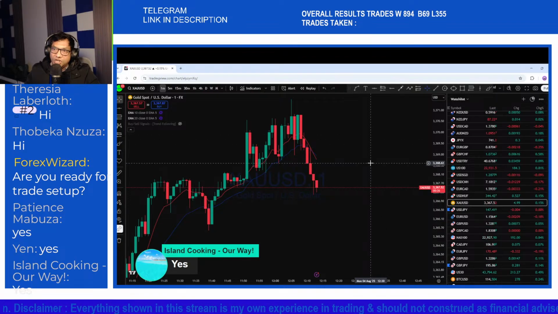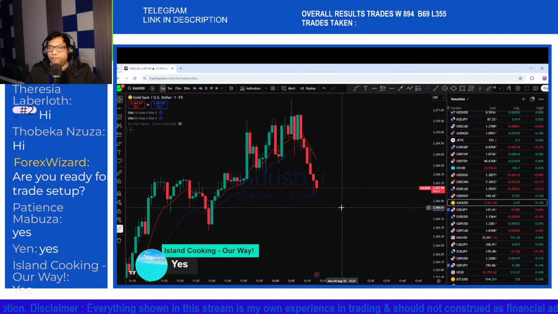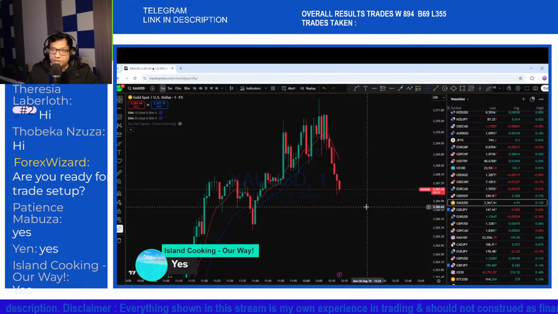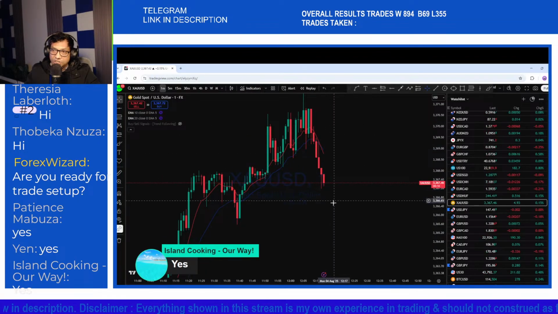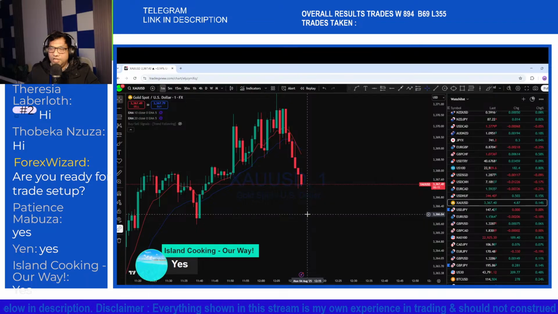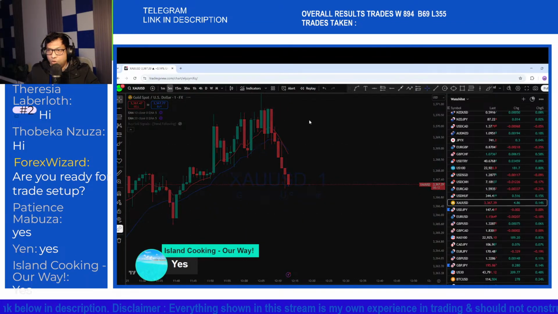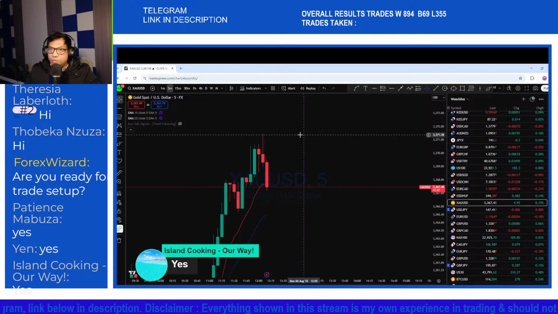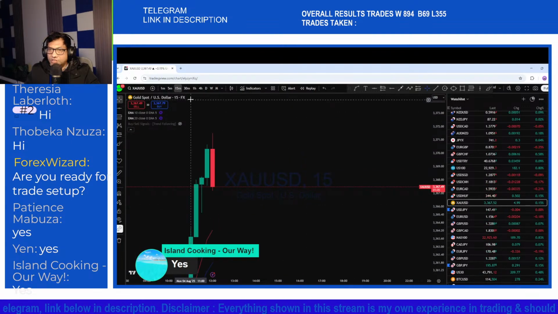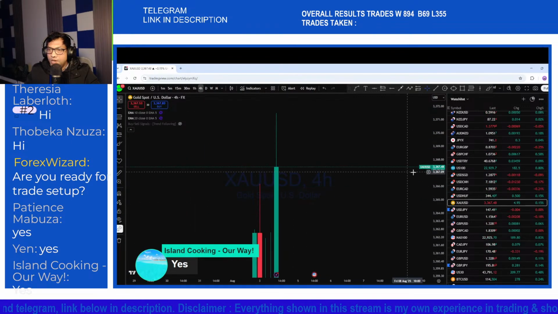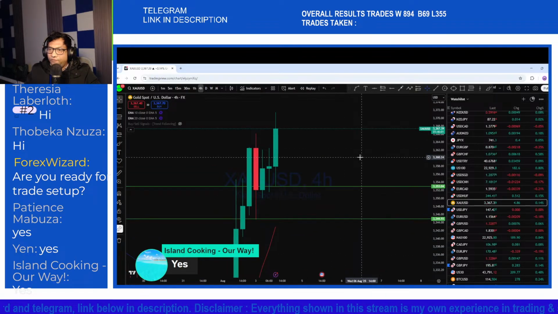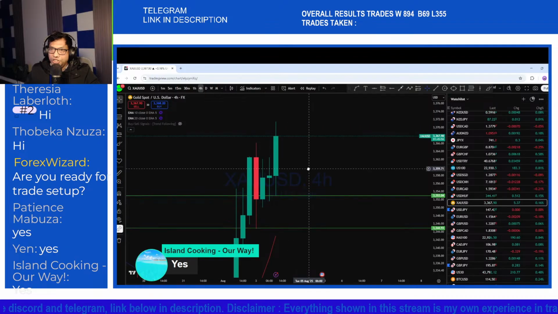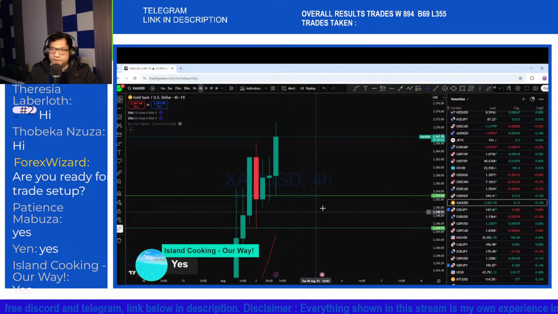On the 1 minute chart, we don't see very strong bullish price action. There isn't a strong impulse. Instead, we see a breakout structure here on the 1 minute chart on gold. And with this 1 minute move that you can see, if we look at the 15 minutes and the 4-hour chart here, on the 4-hour we can see there is a bullish impulsive move back to the upside.